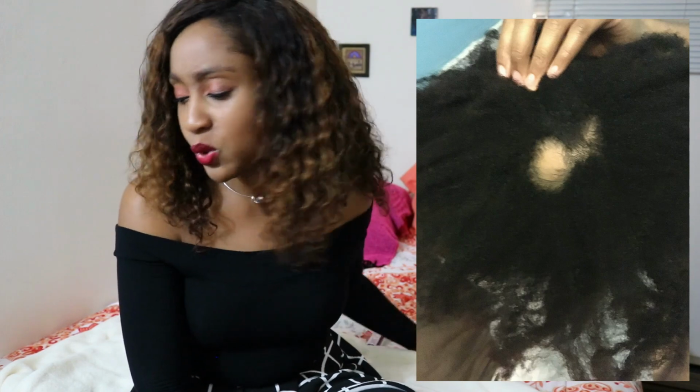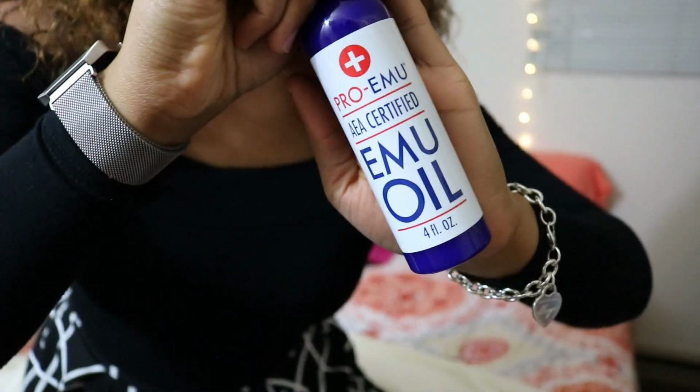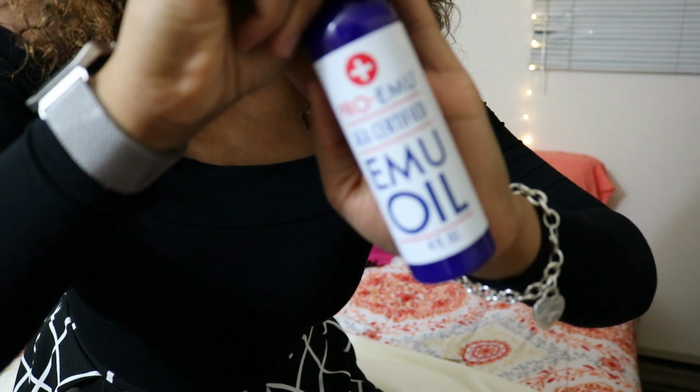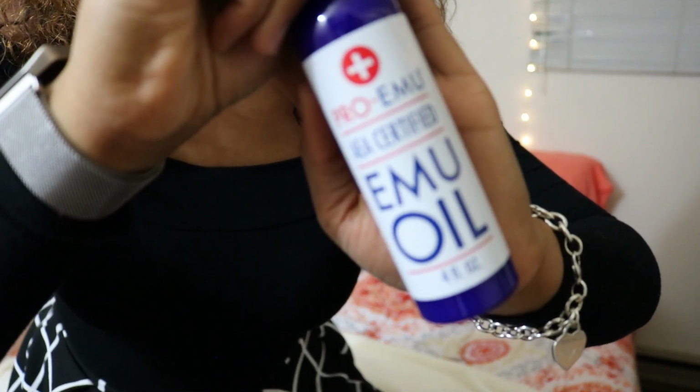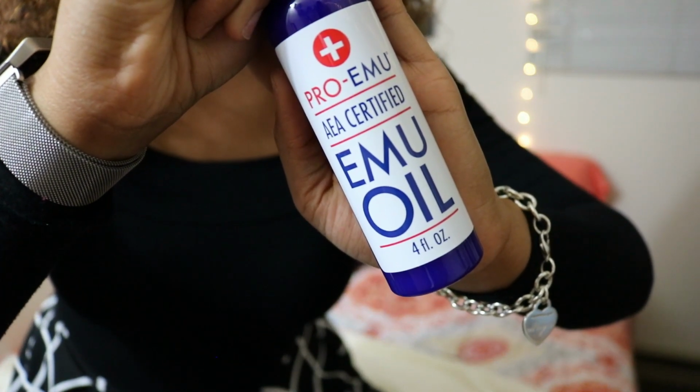I did go to a doctor and initially he suggested the remedy of getting injections into the bald spot with needles, and I did not want that, so I started to look for some natural remedies. And I had already known about emu oil and I had already used products with emu oil. I use this emu oil, I've been using this for a while now, and it's always helped my hair to grow. And I was able to use this and successfully grow back